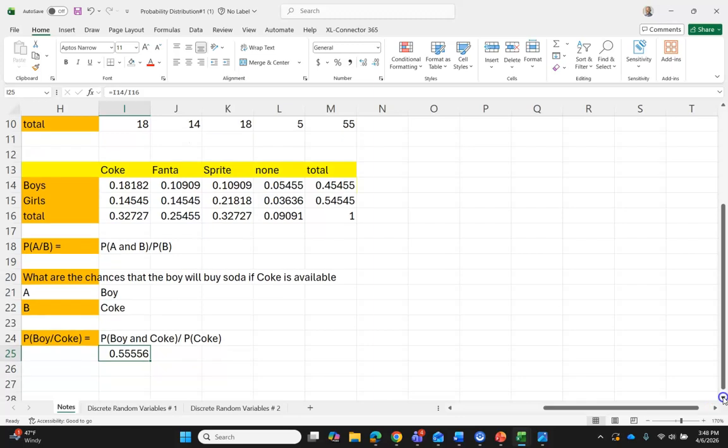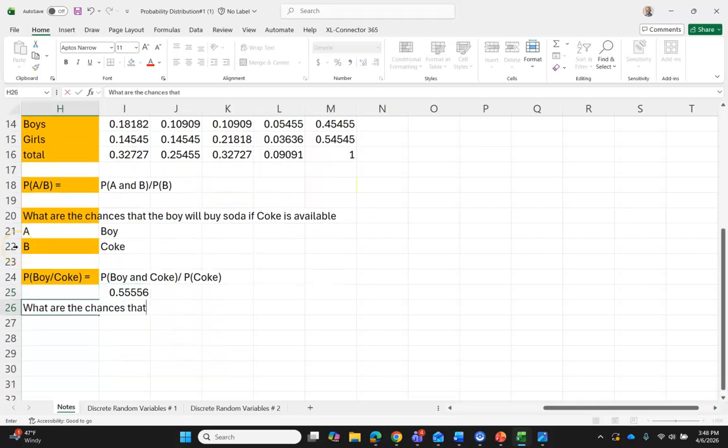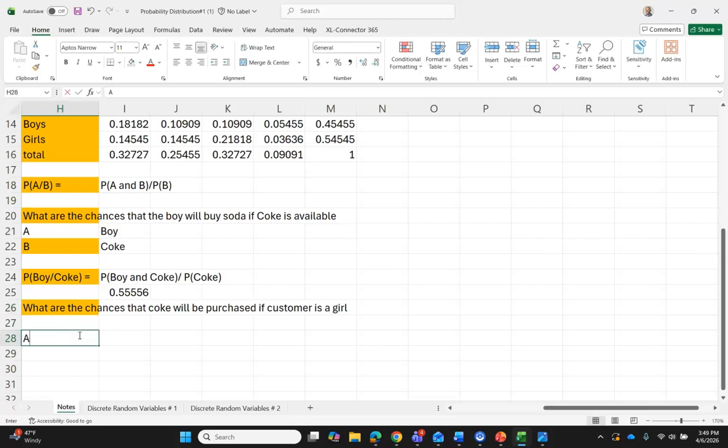Let's look at the number of examples. What are the chances that Coke will be purchased if the customer is a girl? In this case, you can see that our condition is a girl, and we're going to look at the chance that the Coke will be purchased. So A is Coke, and B is a girl. If we follow this formula,